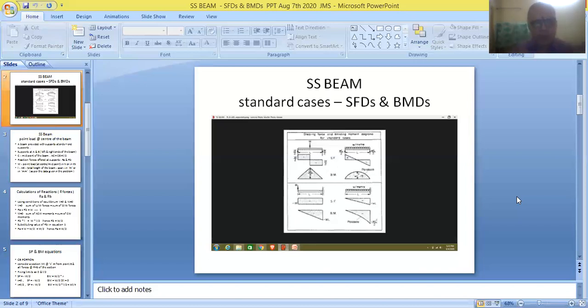So finally, in the case of a point load, straight lines will be coming in the SF diagram and inclined lines will be coming in the BM diagram. Similarly, in the case of UDLs, inclined lines will be coming in the SF diagram, and parabolas, curves will be coming in the bending moment diagram. So friends, we have to remember all these rules and regulations for preparing equations and constructing these diagrams.